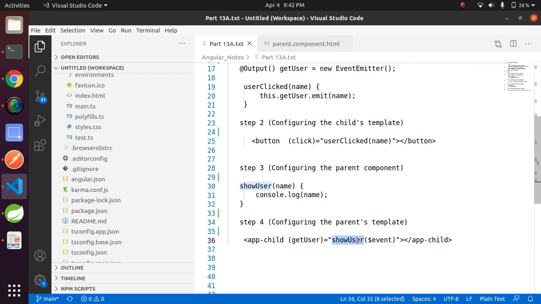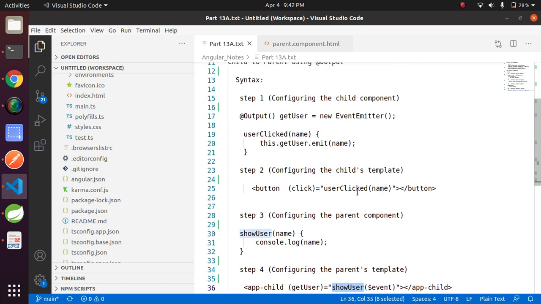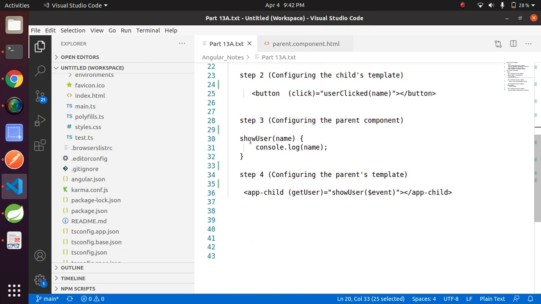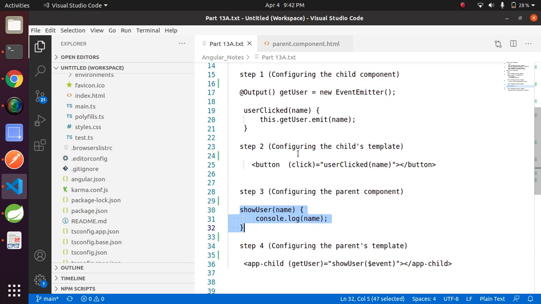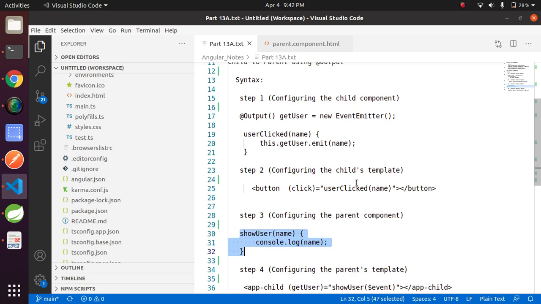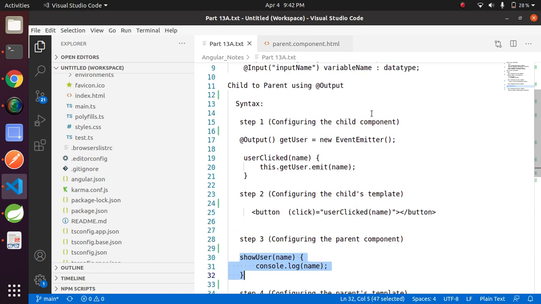The method is subscribed, and this works like a listener. When anyone clicks this button, this method is called, and it emits the message, and the same listener listens every time anyone clicks the button. This is how child to parent communication works in Angular.